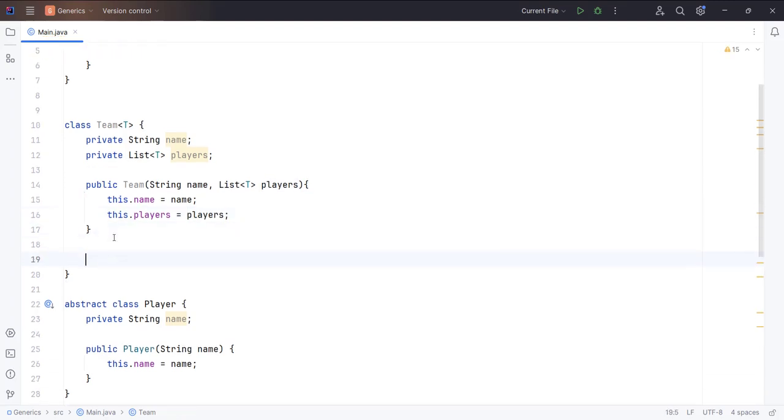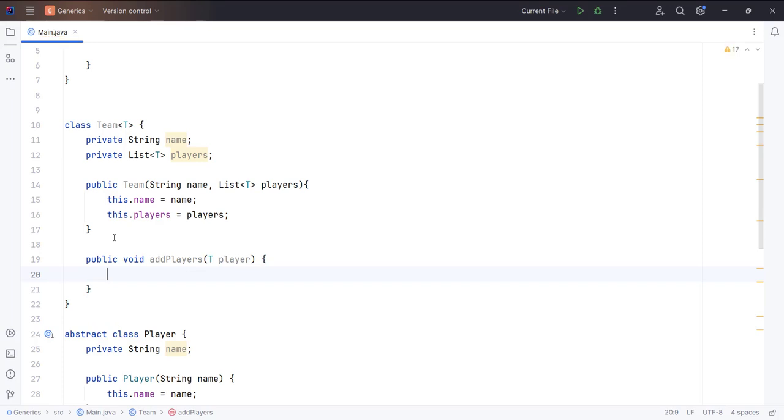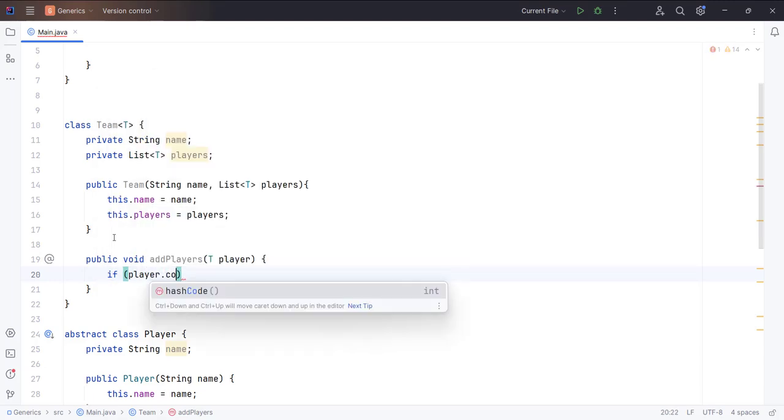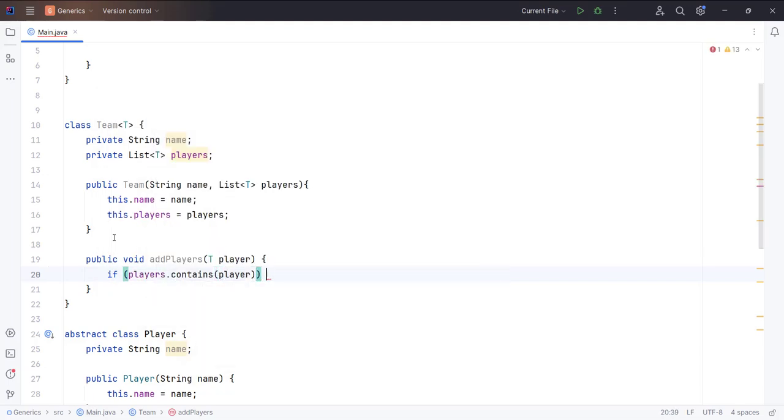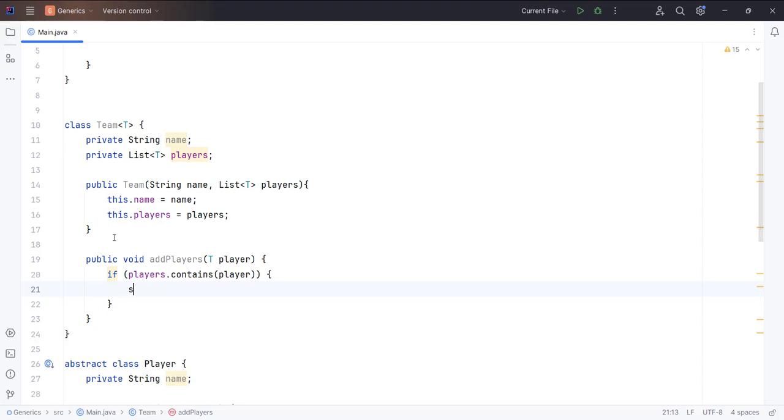Now I'll create a method here, public void addPlayers. It's gonna take a player as a parameter of type T, so I'm gonna type here T player, curly braces, and I'll put here if players.contains, so players.contains(player), the player parameter, then I'm gonna say SOUT, I'm gonna say player, colon,